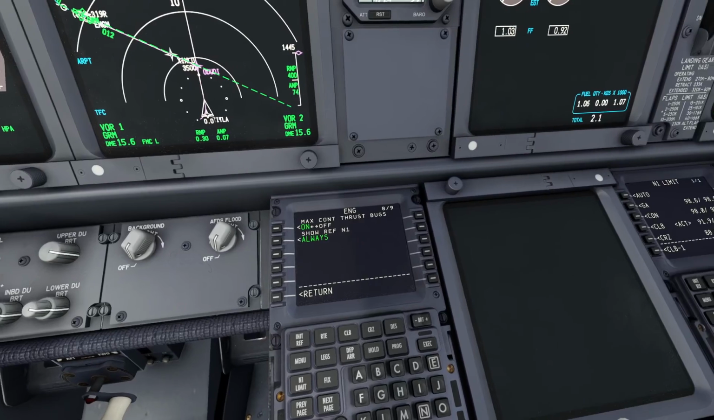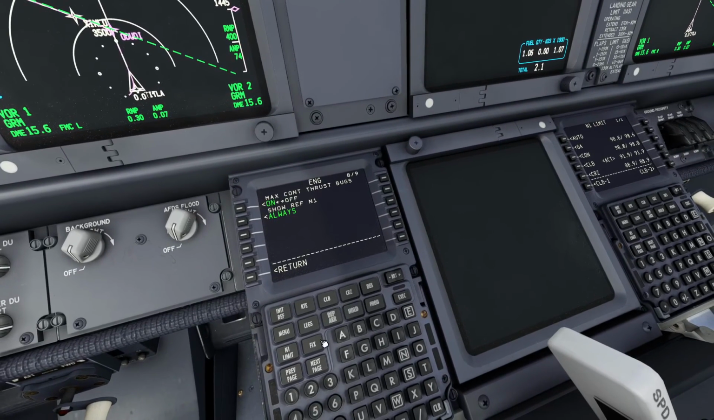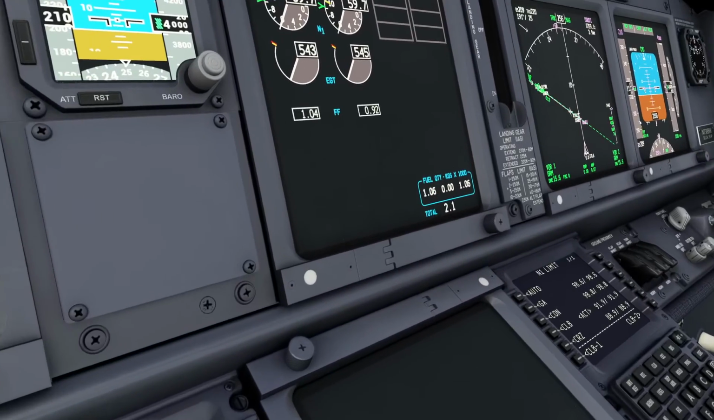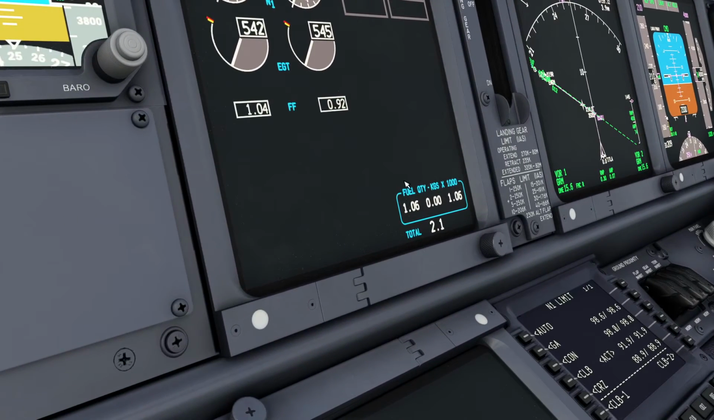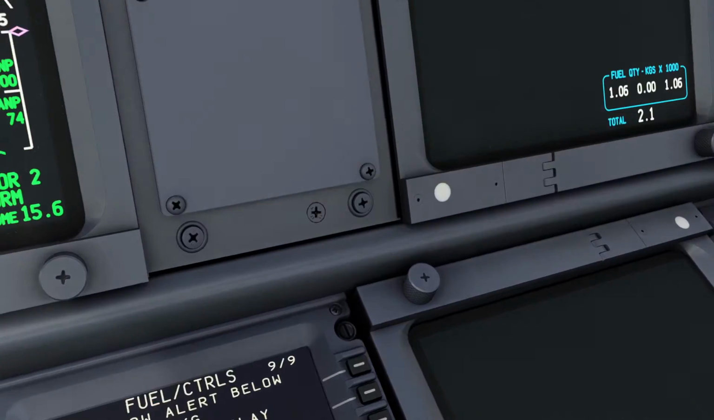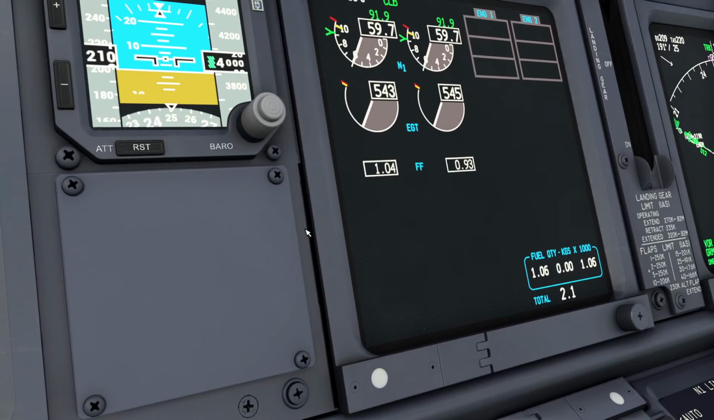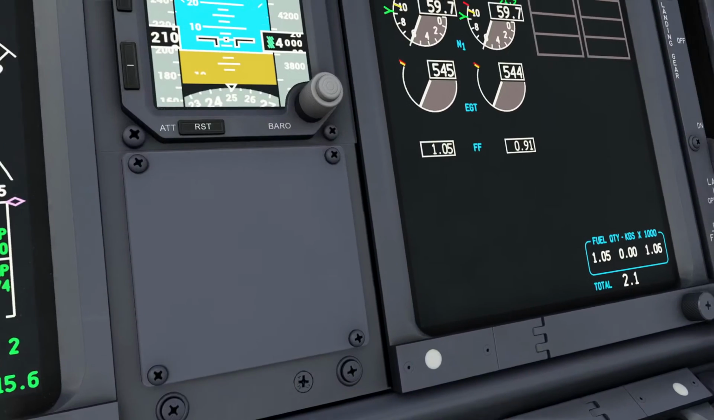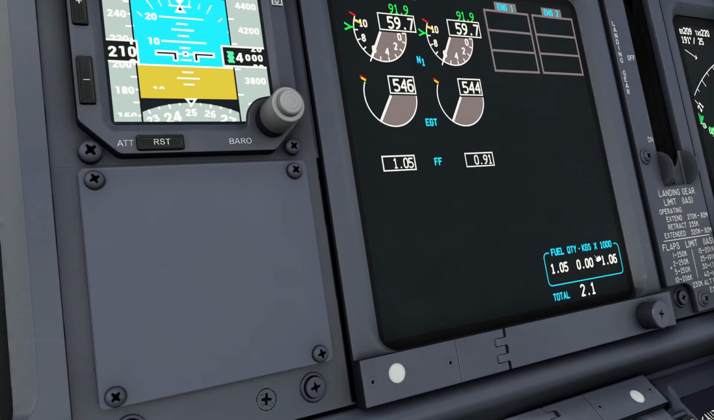Okay, the last page. We still have a couple of things to cover on the approach, but the last page is the fuel low alert below. So when the fuel indication for the main tanks is going to turn amber, it's going to change from white to amber when you have 450 kilograms or when you have 900 kilograms. I'm going to keep it at 900 kilograms because eventually we are going to reach 900 kilograms in any of these